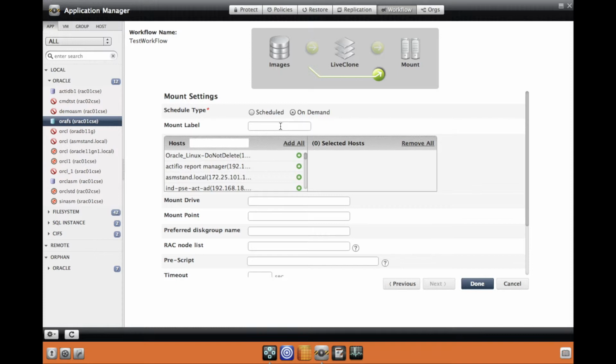Now, give some name to the options label. You can give any name. Under the host option, select a target host on which you want to perform the direct mount. Select the plus symbol to add the target host. You can select multiple hosts as well. Just select the host and click on Add to the target host list to create the direct mount workflows on